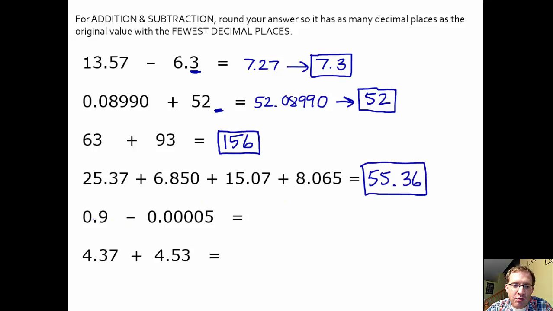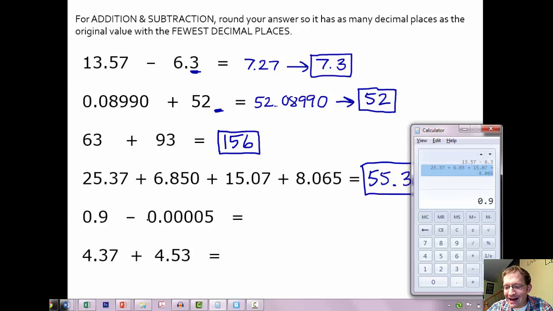To do our subtraction here, 0.9 minus 0.00005. 0.9 minus 0.00005 gives us this 0.89995 answer. Well, again, kind of like up here with the second example, because 0.9 only has 1 decimal place, our answer can only have 1 decimal place. And even though we are subtracting something from it, that something is so small that it really doesn't matter much at all. And so to round this off to have 1 decimal place, 0.89995 is going to round off to be 0.9. This 8 rounds up to a 9 because of the larger number behind it. And so your answer here,